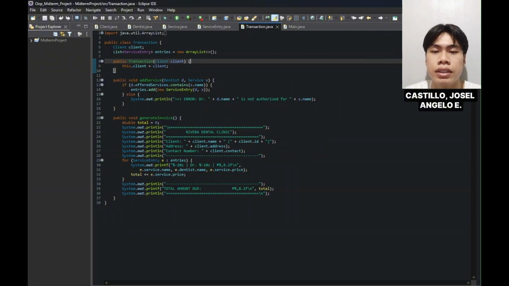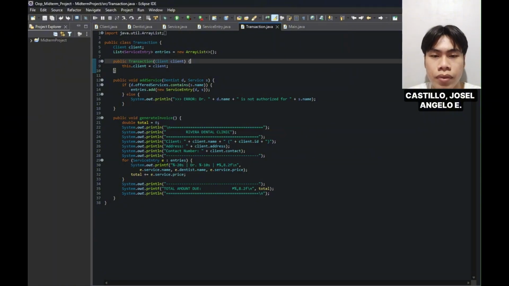For every service, the service name, the dentist name, and the price are printed. After processing all entries, the method prints the total amount due, ensuring accurate billing. This computation is important because it automates the calculation and reduces human error.